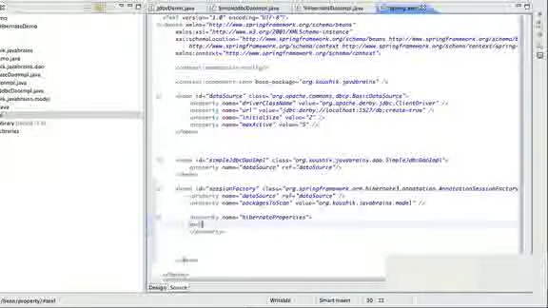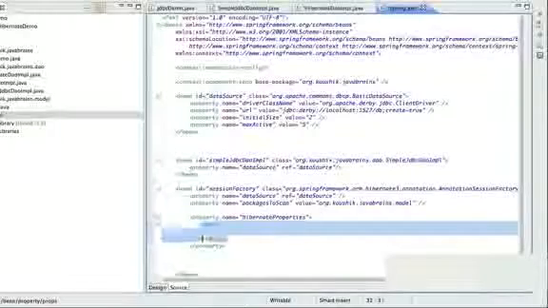So I have a props entry over here, and inside this props entry I can set the individual properties. So I have only one property in mind now. I will set the key as dialect,